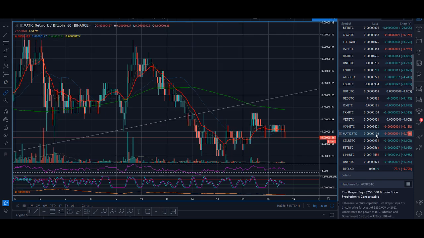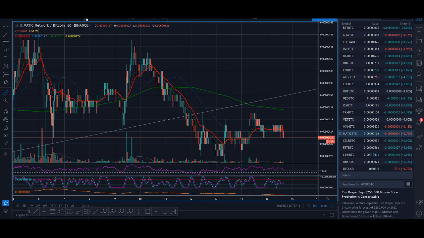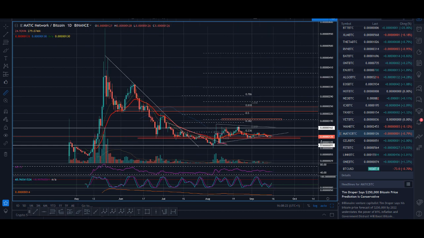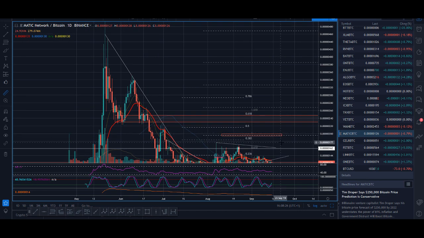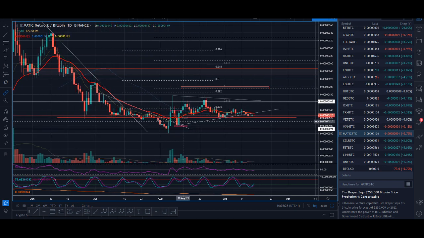Again, you can see these coins, why I have them on my watch list, because everyone wants to buy them. These are very hyped up coins and people really like them. So Matic, guys, it didn't break out. I was really bullish on Matic. I made a couple of videos saying it could potentially break out above this. This was the main level I was looking at, but it just didn't break out.